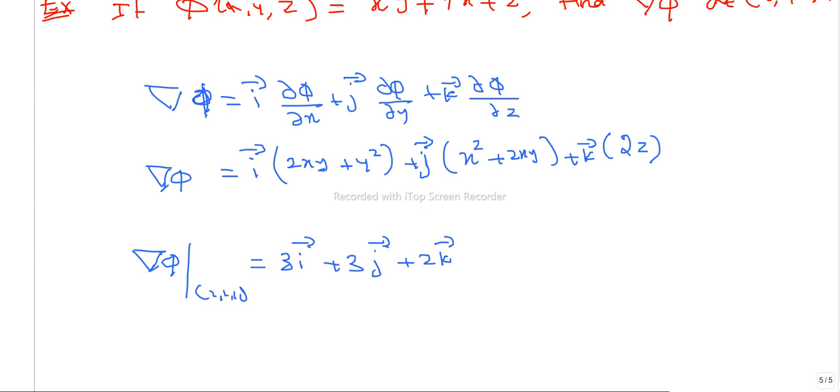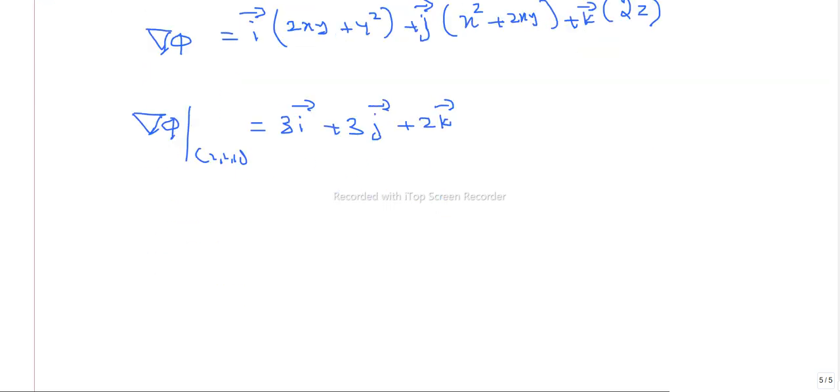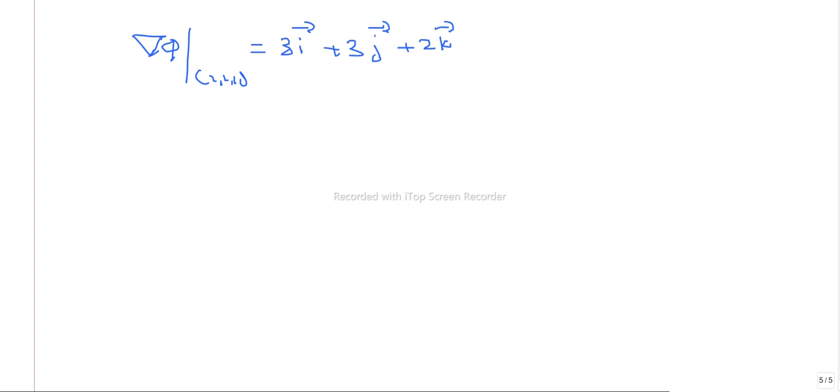This is the gradient of a scalar point function at the point (1, 1, 1). So next, maybe we will do one more thing. What is the directional derivative of a scalar point function at a point? So the next exercise,